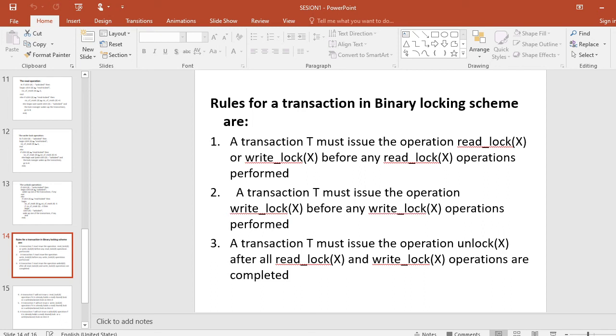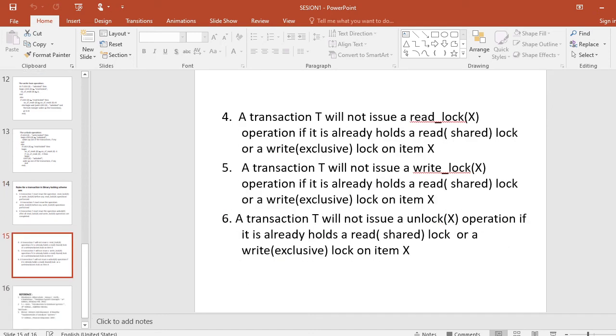Number 6. A transaction T will not issue an unlock x operation unless it already holds a read, shared lock or write exclusive lock on item x. This is for rules for transactions in binary locking system.